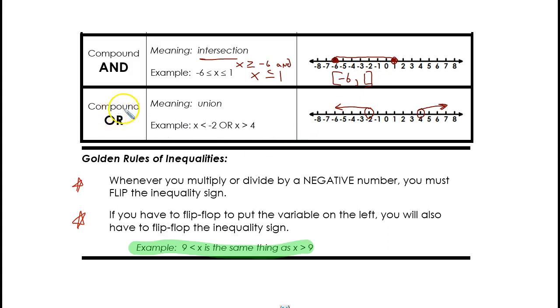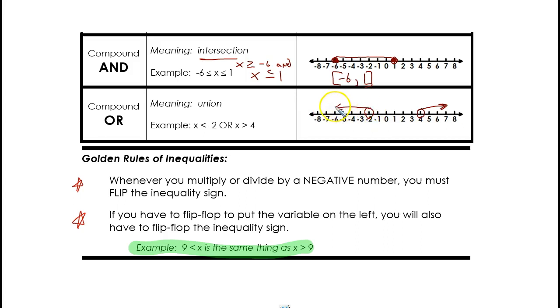On the other hand, when we use the word or, when we have a compound or, we call this union. And union is not intersection. It's not what's true for both of them, but instead it's what's true for one or the other or both of them. So since this is less than -2, we have an open circle on the -2, and less than